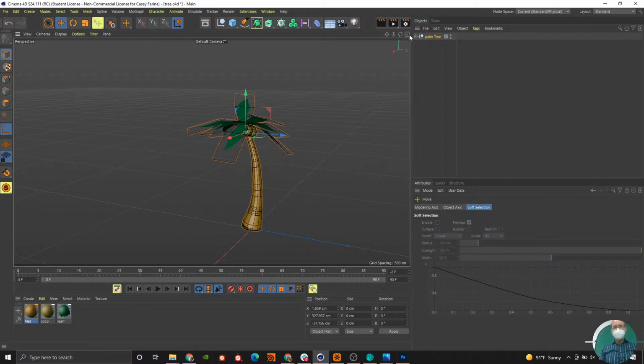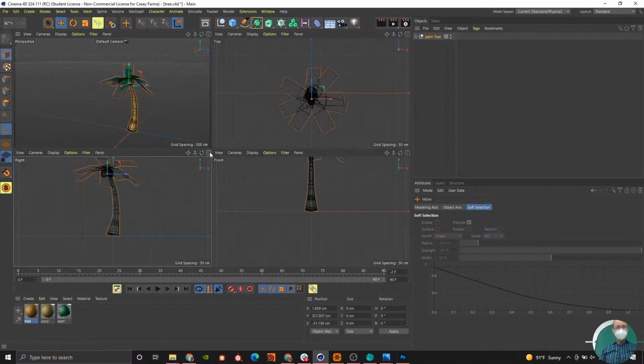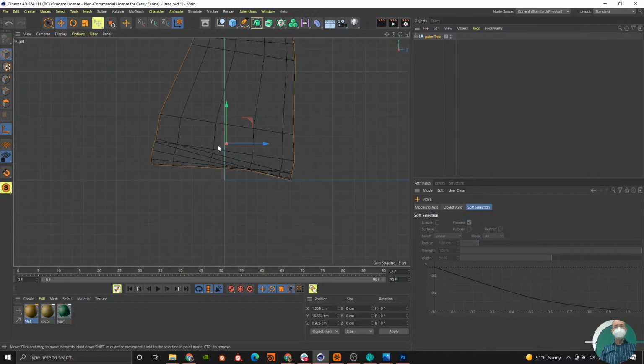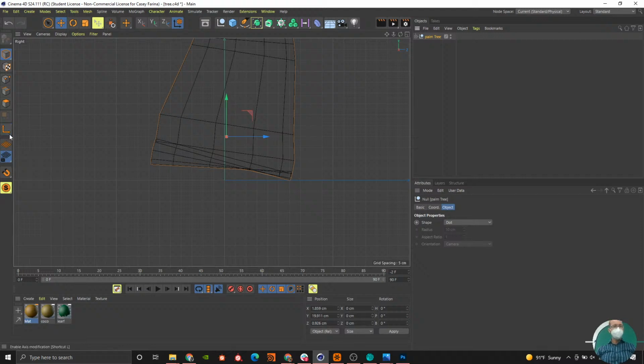Here, again, I'll do it in an orthographic view. The anchor point for this should clearly be on the bottom. In fact, for something like a tree, I usually move it up a little bit so that it goes into the ground. Even if the ground goes up and down a little bit, it still goes into the ground. And so that's good. You can turn that off. And now I'm ready for